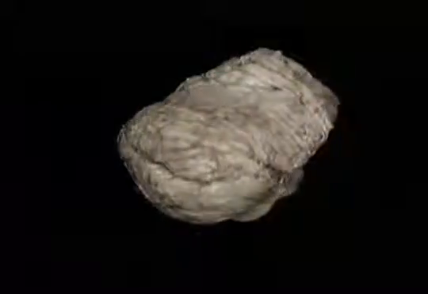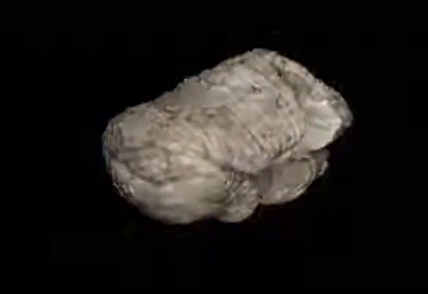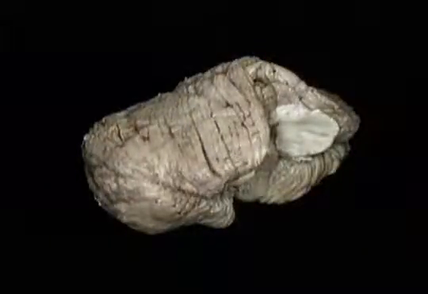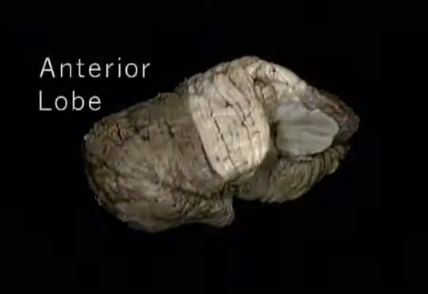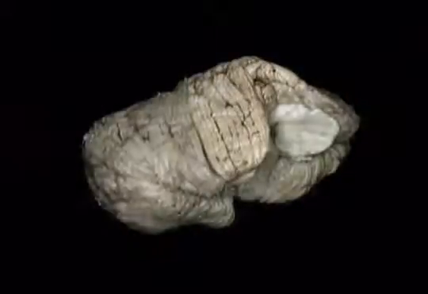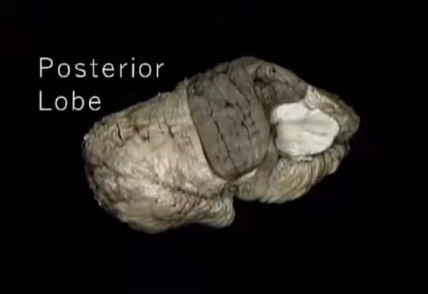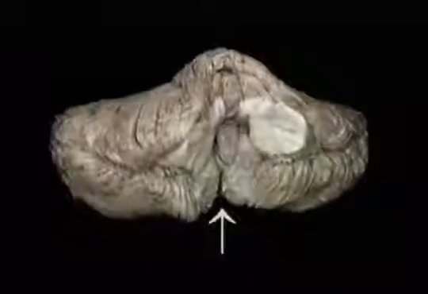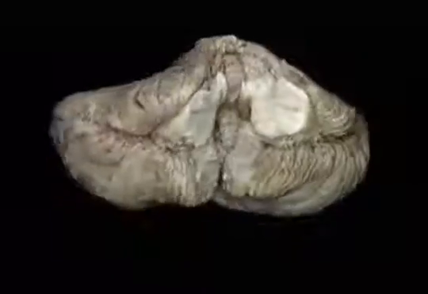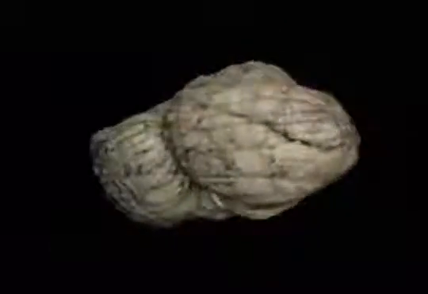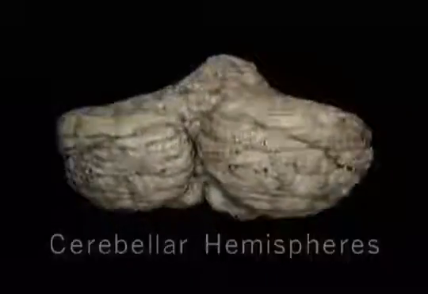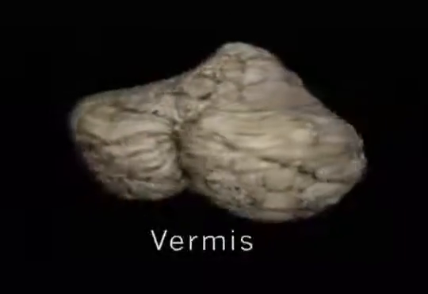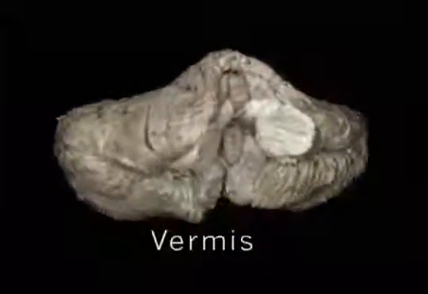The surface of the cerebellum is marked by many parallel fissures, some deeper than others. This deep primary fissure divides the cerebellum into a small anterior lobe and a large posterior lobe. A deep groove on the underside partially divides the cerebellum into two hemispheres. These are joined by this midline mass, the vermis, which extends all the way round from the top to the